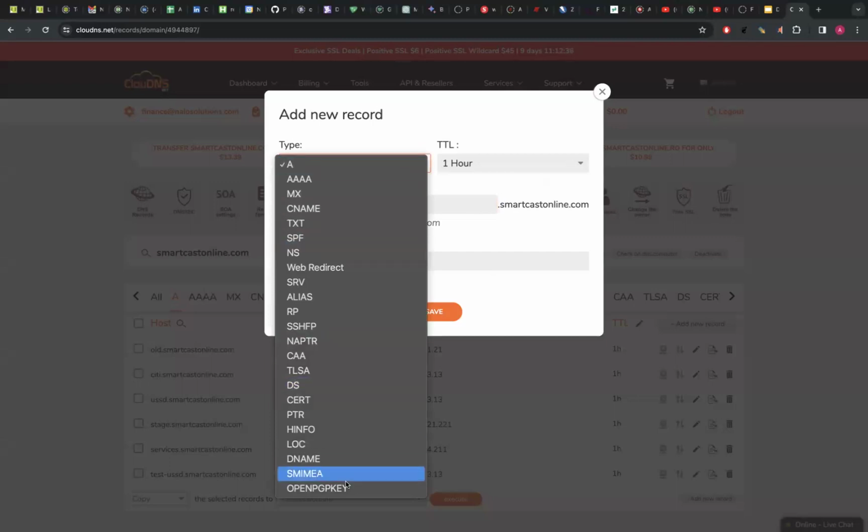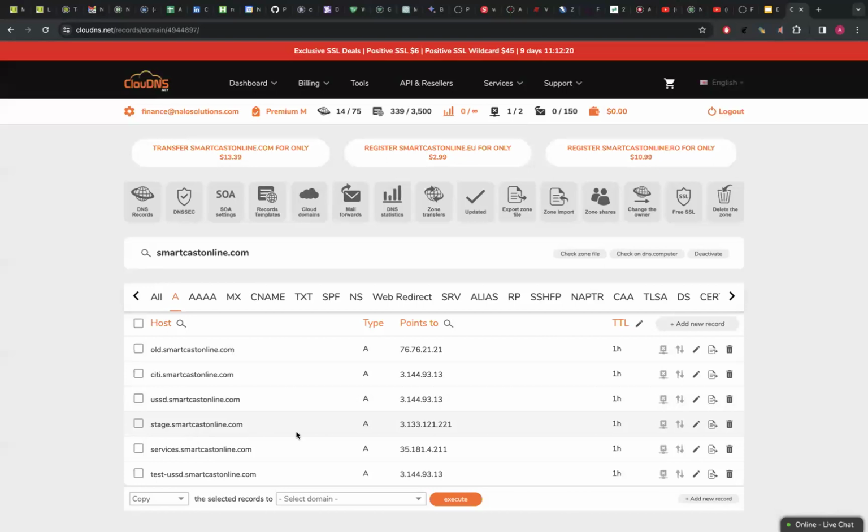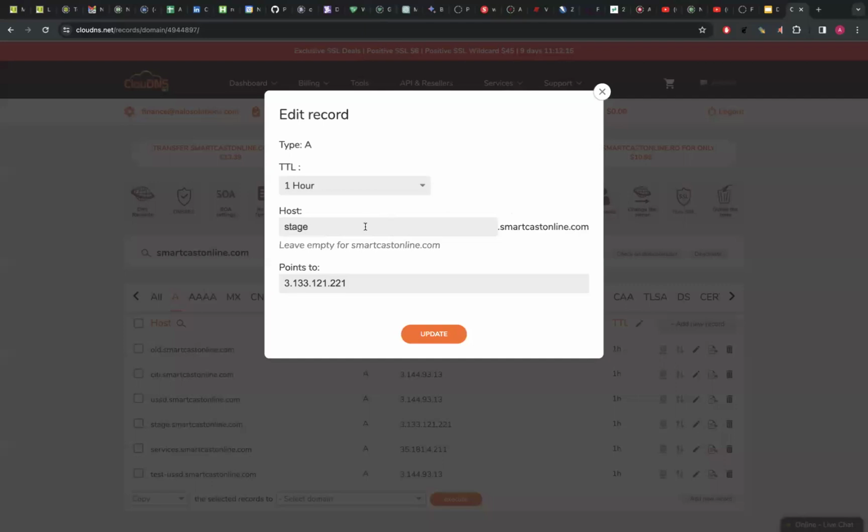So it means you can change to any other record. The TTL over here means the time it takes to update the record. So let's say maybe we have staging.smartcast.com, right? Alex, stage is testbed, right? Yeah. So I can touch it, right? Okay. So what the TTL means is that